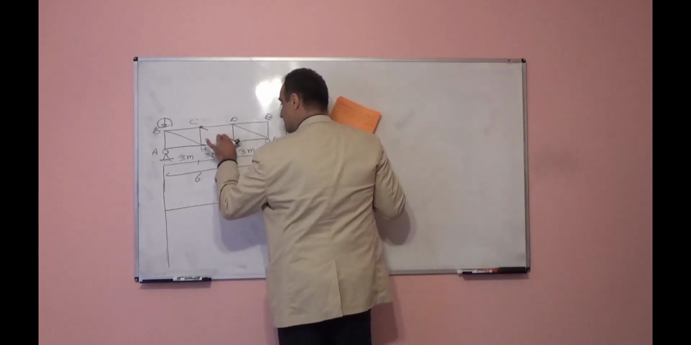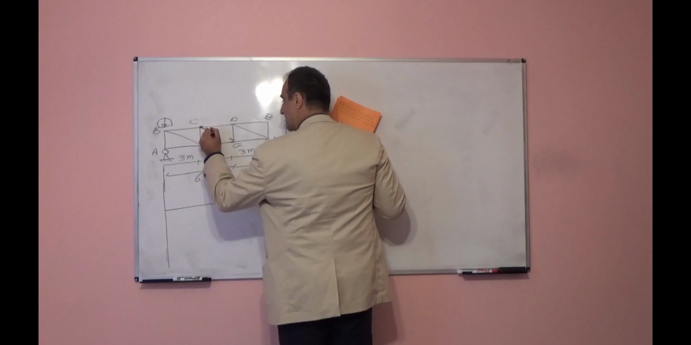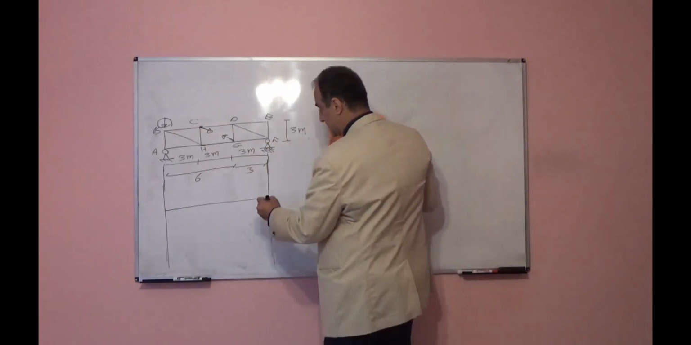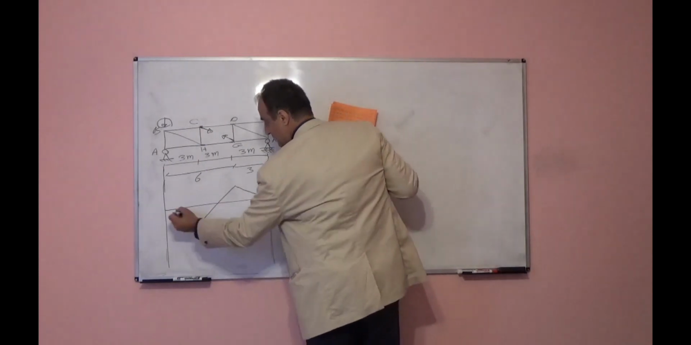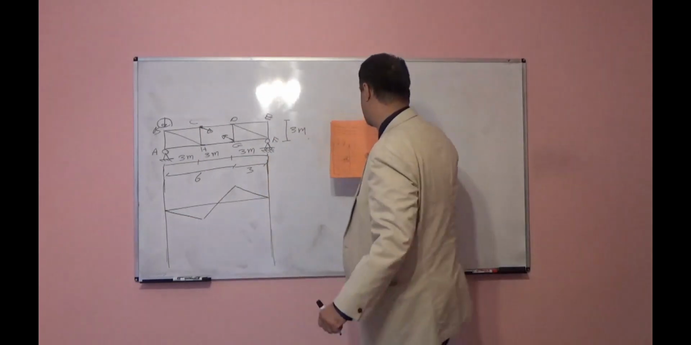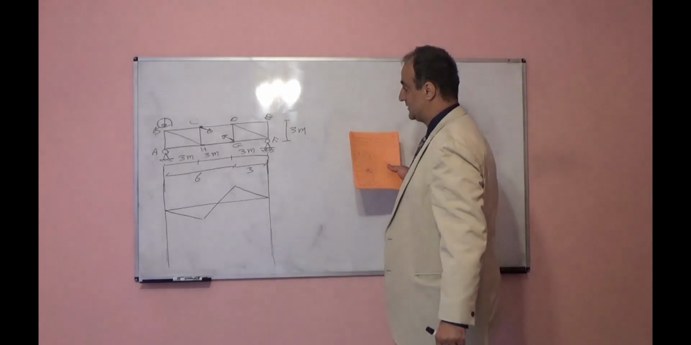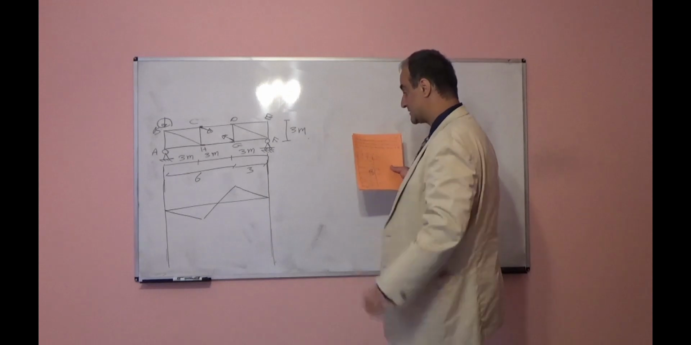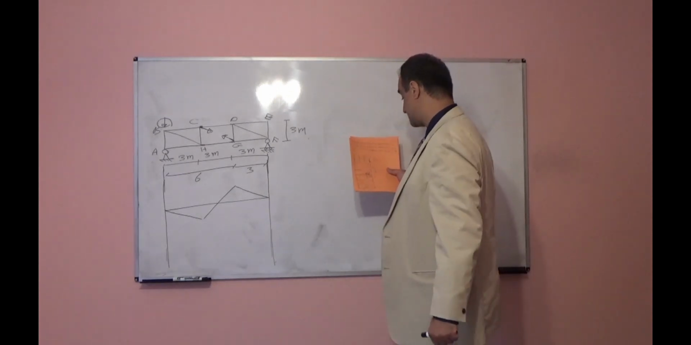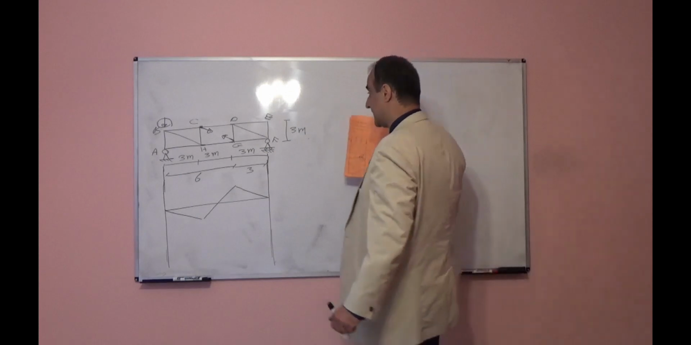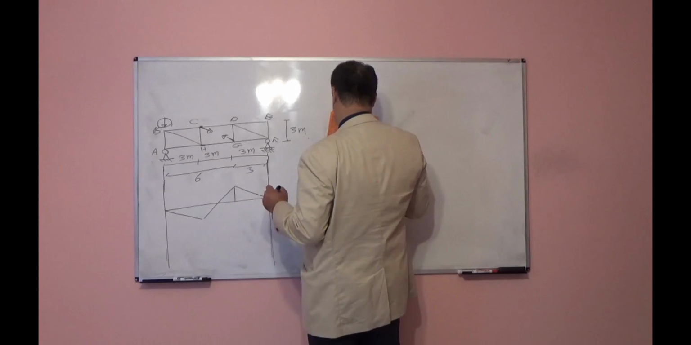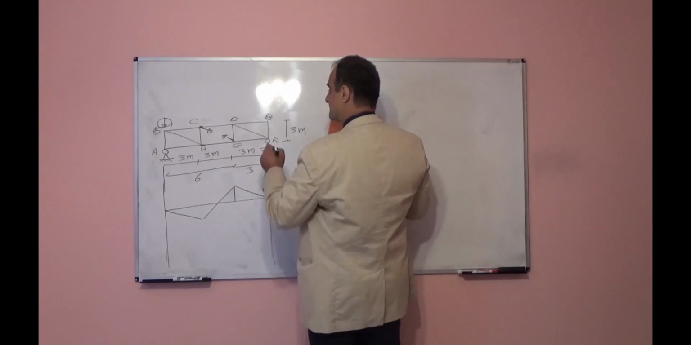Or you can remove this member, apply force in this direction, and the deformed shape of the structure will be this kind of deformation. So you can draw the influence line using Muller-Breslau as well. In that case, let's see, this height,